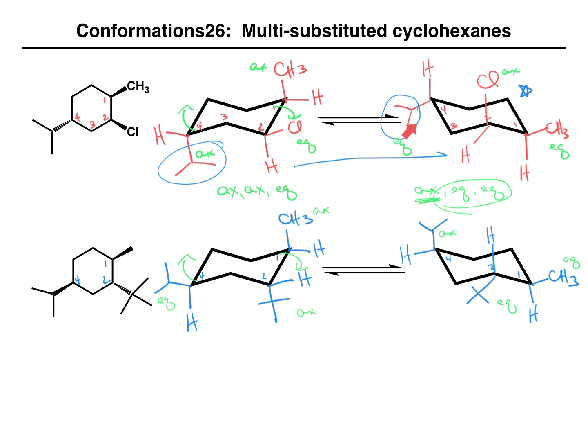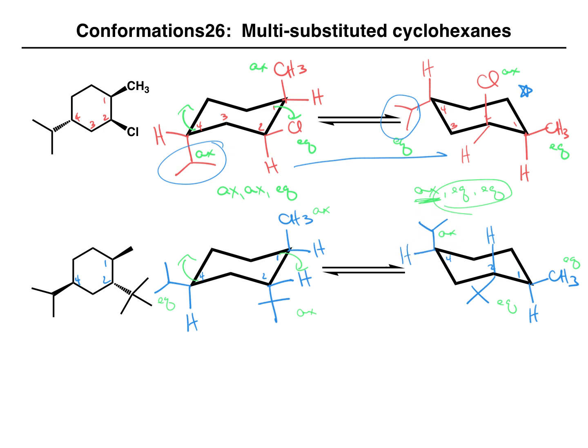Keep in mind, up here, I said that having the isopropyl group equatorial is really, really important. But for this compound, having the isopropyl group equatorial is great, except that that puts the T-butyl group axial. And the T-butyl group is much bigger and bulkier, and so there is a lot more van der Waals strain. So this conformation is going to have a ton of van der Waals strain because of the T-butyl group being axial. On the other hand, in this conformation, we have our T-butyl group equatorial, our methyl group is also equatorial,